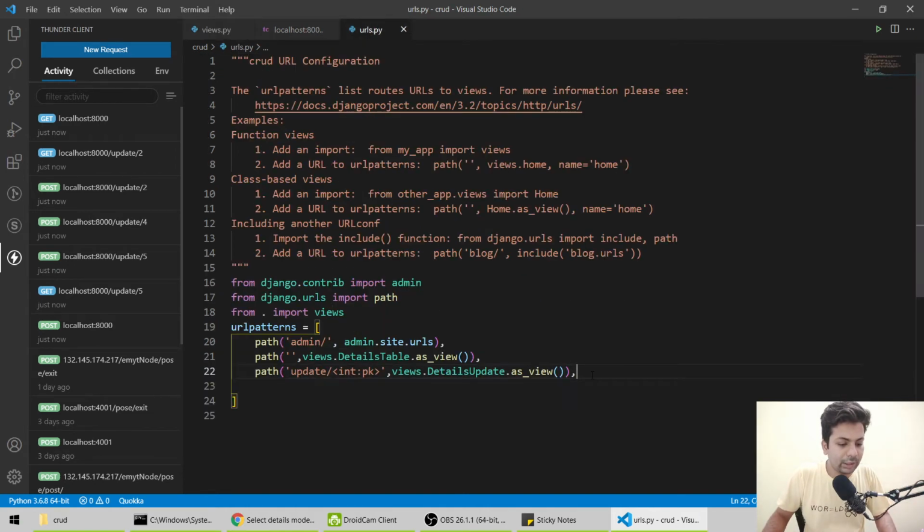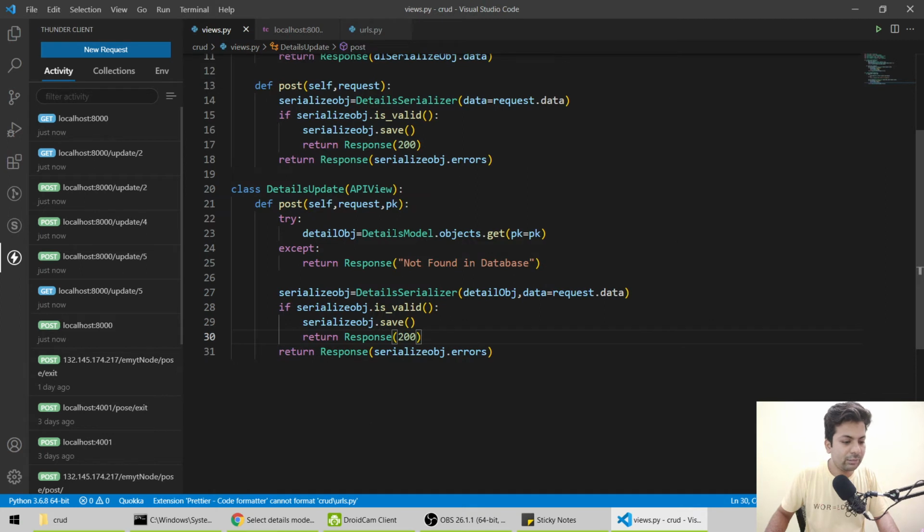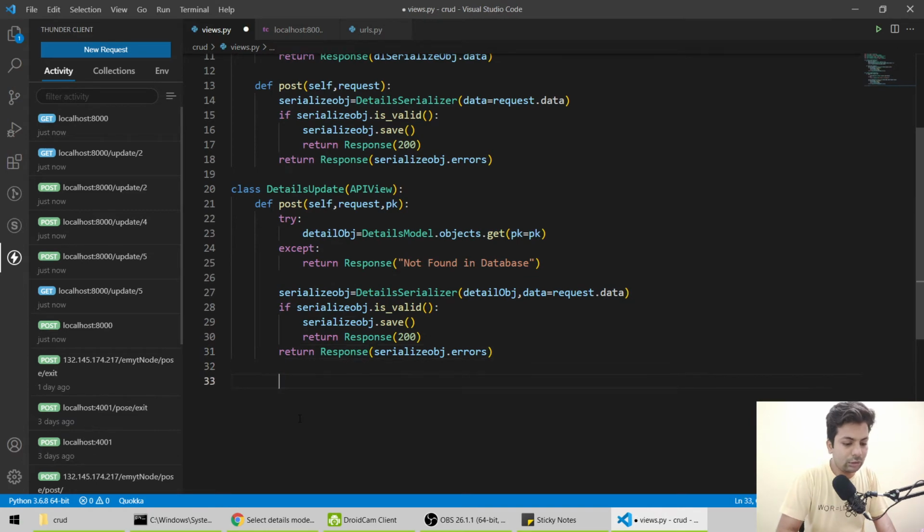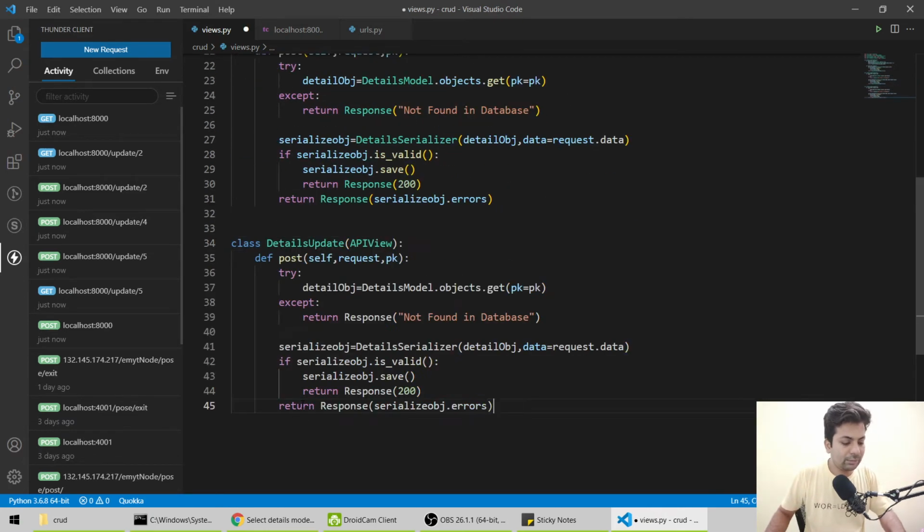So what we'll do, we'll make another API, we'll call it delete, and here we'll send a primary key obviously. Then we'll say details delete, okay, and we'll save it. Here same thing will go on, same to same. So now we'll come here and paste it, and we'll say details delete. This will come here, take the request, and check whether the data is present or not for deleting.